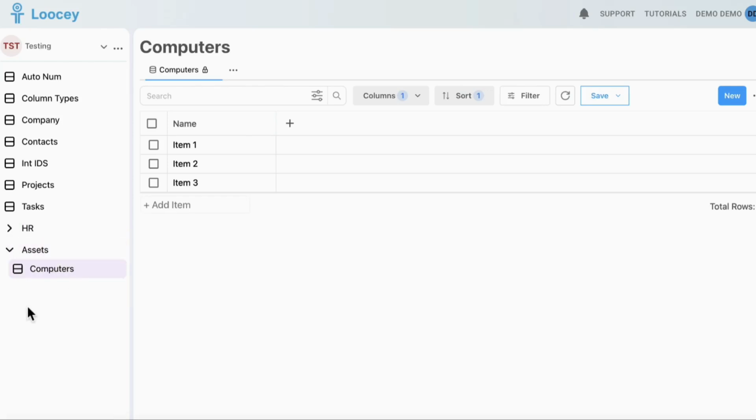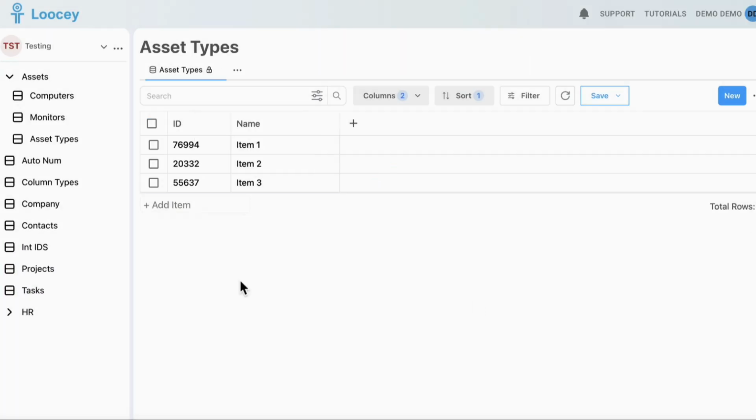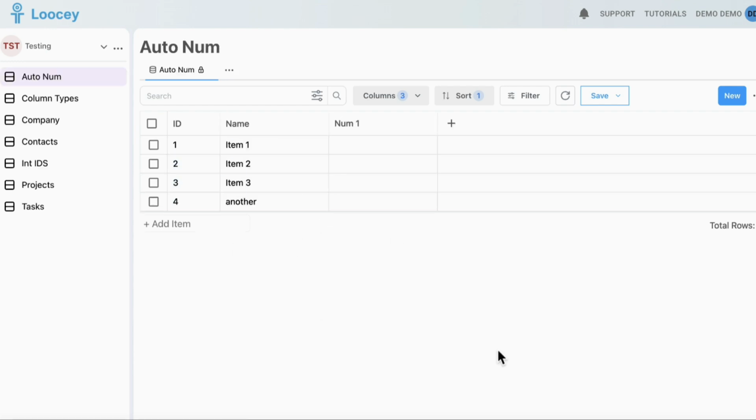In this video, we'll learn how to create lists and folders in Loocey, organize them with drag and drop, and we'll also cover other related features. Let's get started. When you log in to Loocey, you are placed into the default workspace or the last workspace